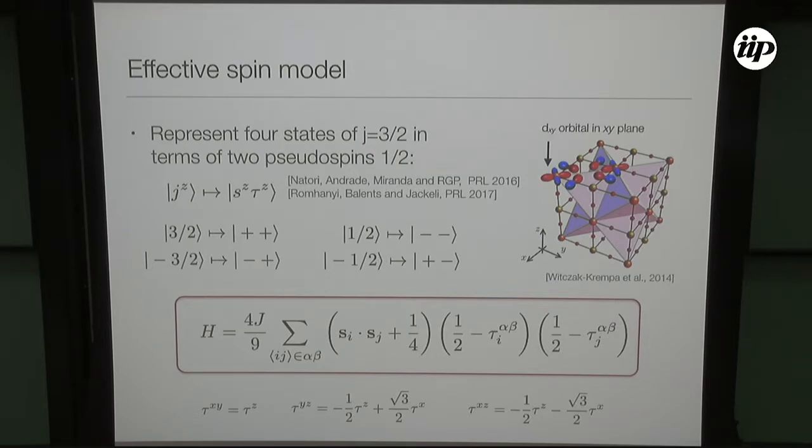Okay, so what does the spin model look like in this case for J equals 3/2 moments? This is going to be a little bit more complicated than the Kitaev model, simply because now we have more states. So for J equals 3/2, we have 4 states, and a convenient way to represent these 4 states is to trade the Jz eigenvalue for 2 pseudospins 1/2. So that's 2 times 2, which also gives us 4 states, and we do some mapping like this, where the 3/2 states we map to plus, it could be plus 1/2 flat, or just plus, and so on.